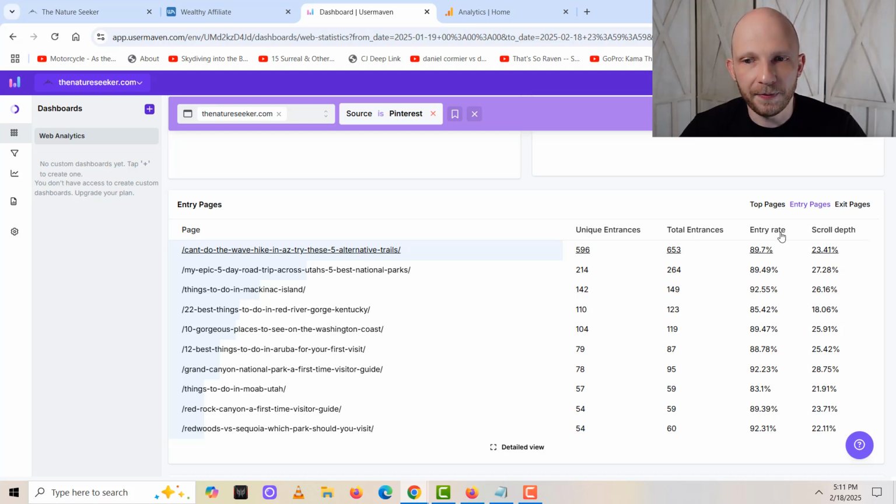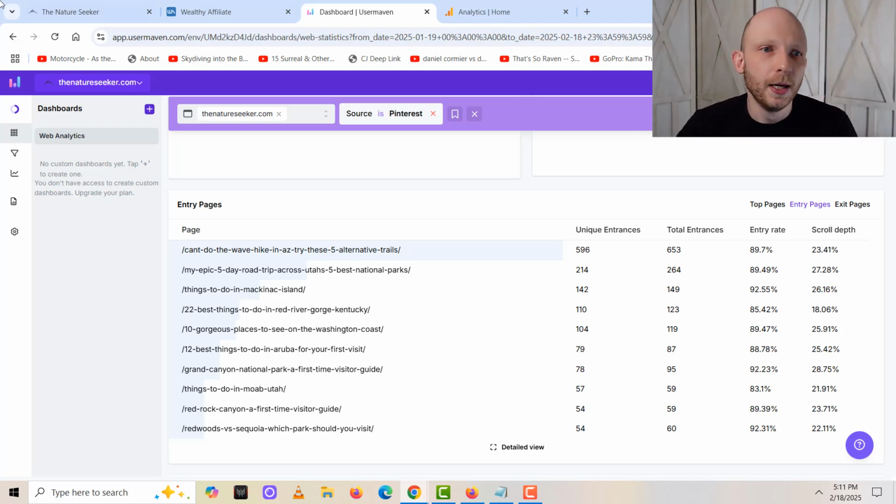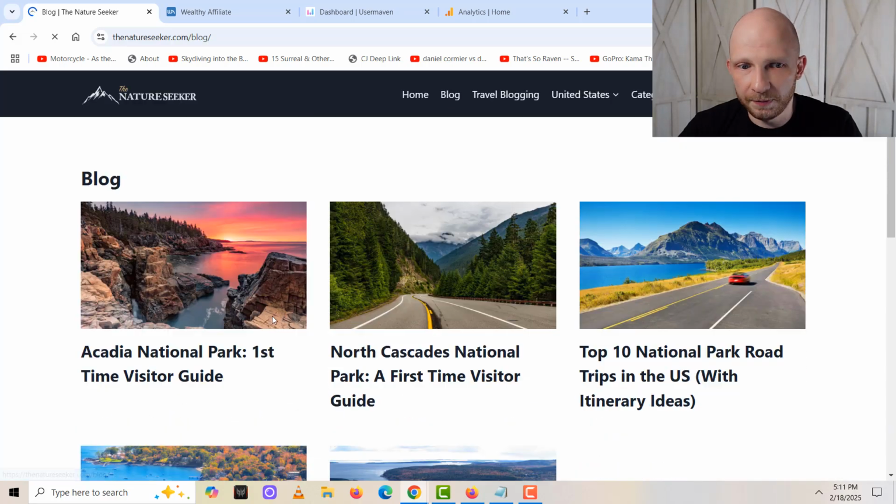Scroll depth is when people, maybe on their phones or perhaps on their desktops, scroll through the page. There's a top, which is the header, and then the bottom, which is the footer, but all the content and images in between. So let me give you an example of what this looks like. If people land on, let's say, this